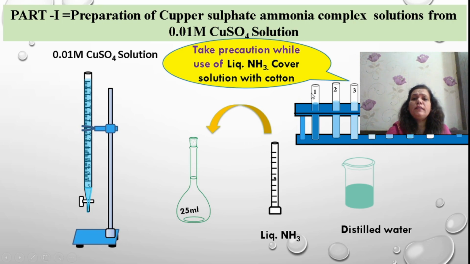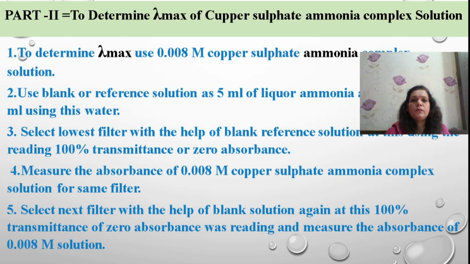You can see these are the different colored solutions we have prepared by the table which I have followed just now. If we take all these solutions in the test tubes which are labeled with numbers 1 to 7, we can easily see that test tube number 1 is a highly colored solution. We are going to utilize this highly colored 0.008 molar solution to find out lambda max, that is, maximum absorbing wavelength. This is the procedure we have.